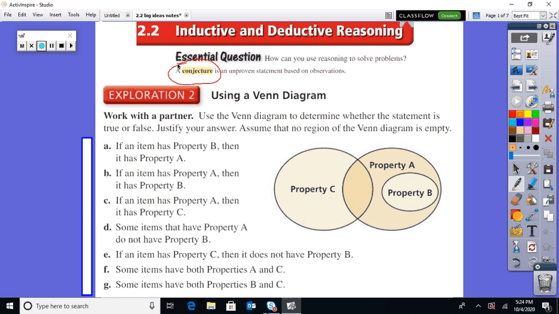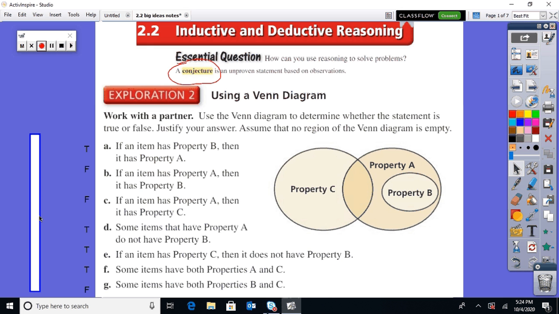All right, so let's see what's happening with this exploration. Work with a partner. I want you to pause the video, answer these questions based on the Venn diagram that you see here. All right, welcome back. So hopefully you look a little something like this, friends. The first one, we've got